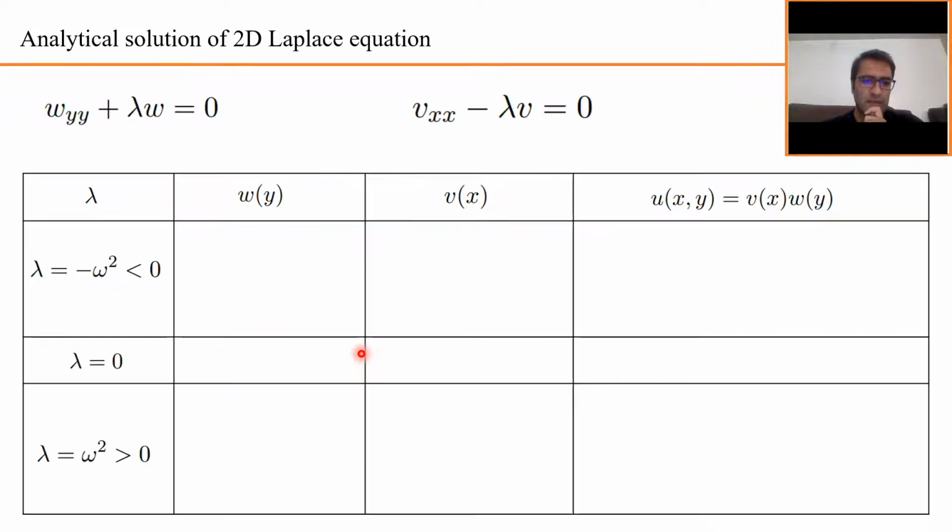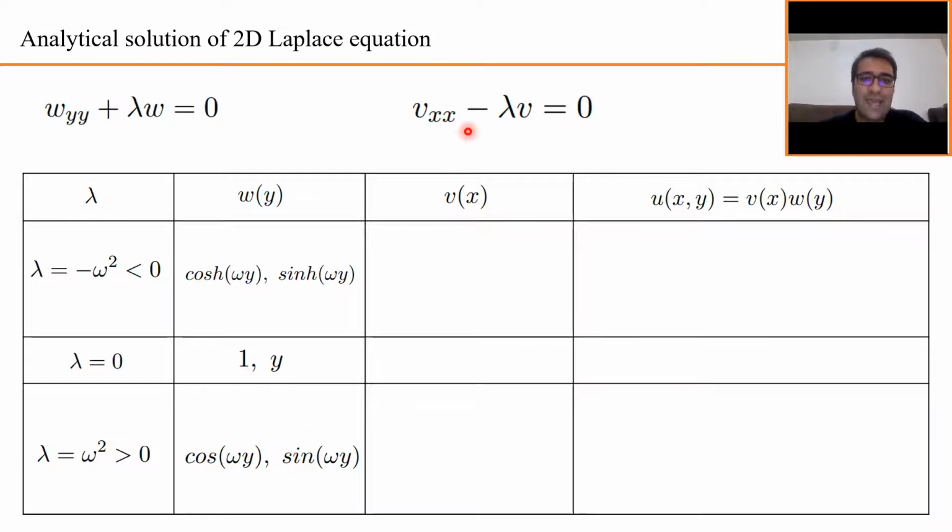And if I summarize the solution of this differential equation for the different cases of lambda, I have summarized it here. We saw that for the case of lambda less than 0, the solution can take the form of cosine hyperbolic and sine hyperbolic. For the case of lambda equal to 0, it takes the linear form, which could be a constant, and I put this constant as 1 for simplicity, and this could be y or a linear combination of these. And for the case of lambda greater than 0, we found that w(y) can take the form of cosine omega y